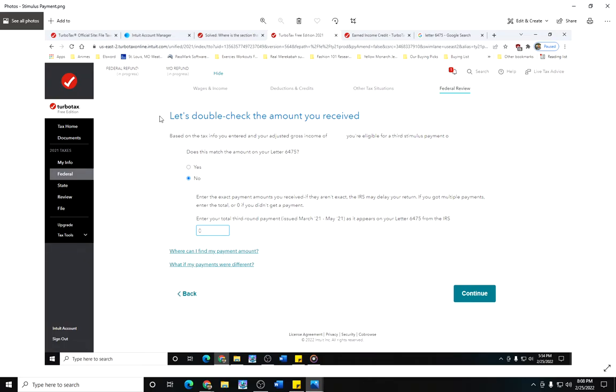So it says, let's double check the amount you received. Okay. Based on the tax information you entered and your adjusted gross income of. Now, the adjusted gross income is going to refer to the amount of money you probably keyed in that you made from your job. Now, the great thing about TurboTax is if your job is signed up with TurboTax, there's a part in the federal section where you can enter in how much you made from your W-2. So you enter in the amount you made in box 1